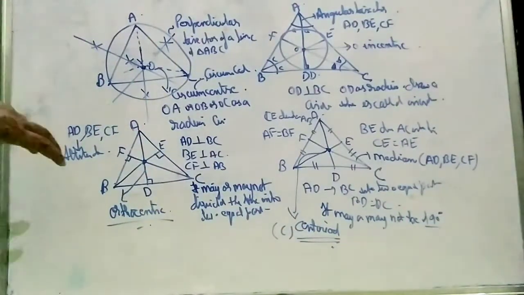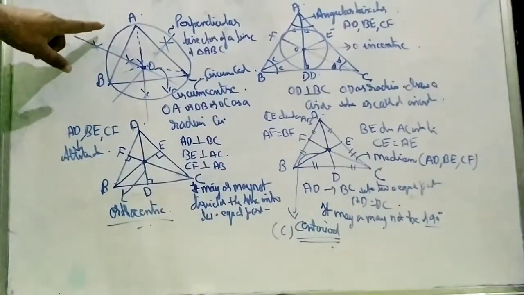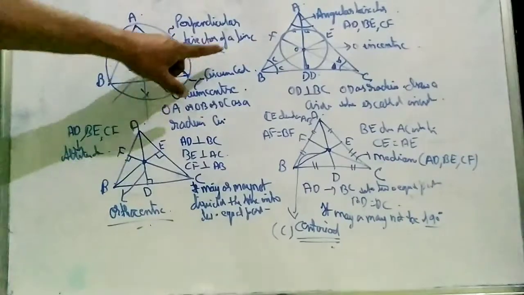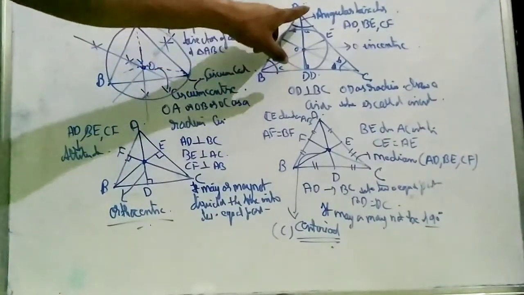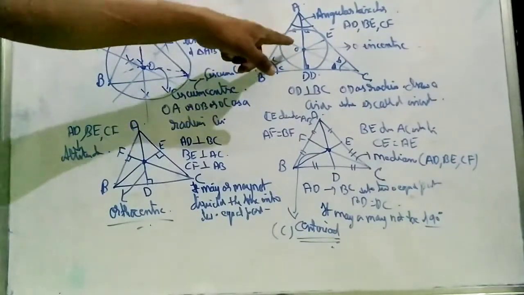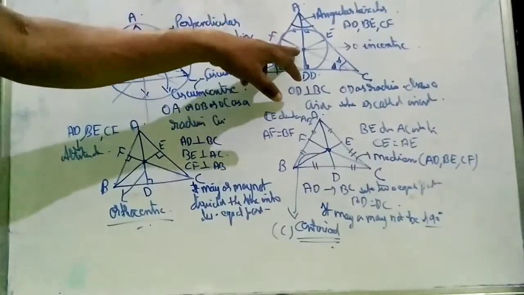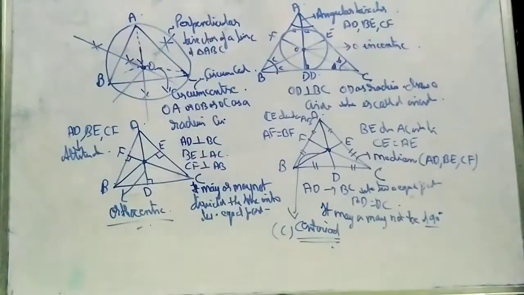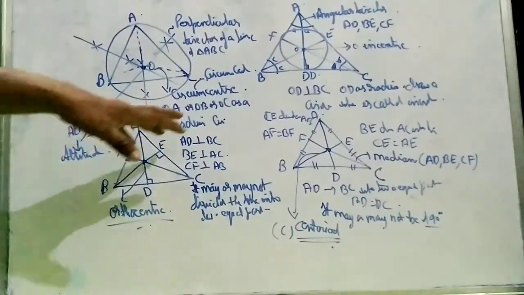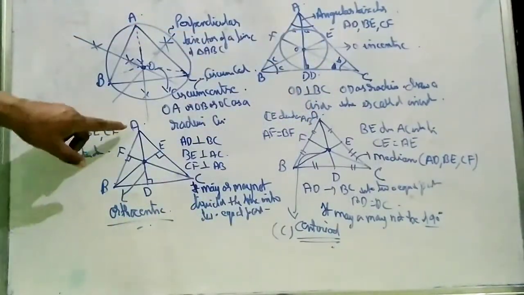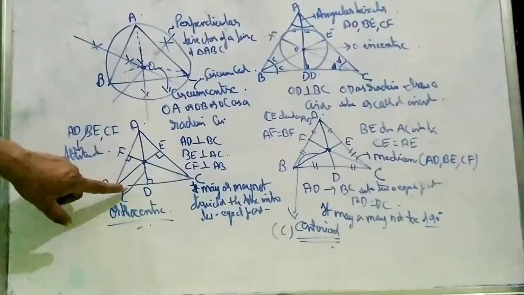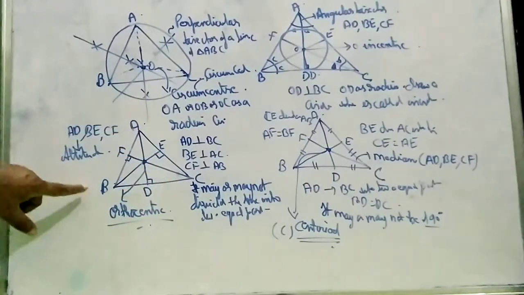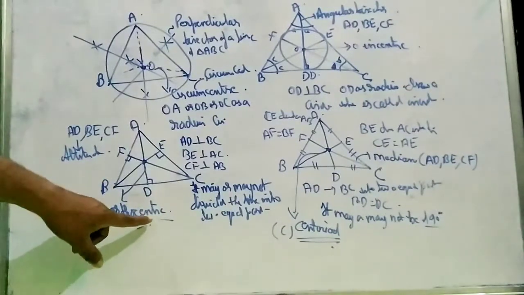So these are the four properties of a triangle which you will see. If perpendicular bisectors are drawn, they meet at a point called the circumcenter. The angular bisector is the line which divides the angle into two equal parts. In a triangle, the three angle bisectors meet at a point called the incenter. In the third case, it is compulsory that a line drawn from the vertex is perpendicular to the base. It may or may not divide the base into two equal parts, but these lines are called altitudes, and the point at which they meet is called the orthocenter.